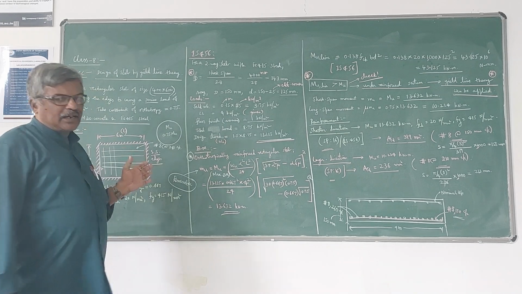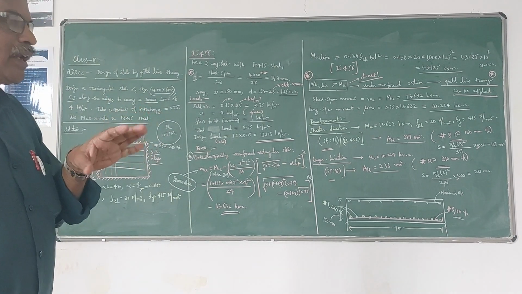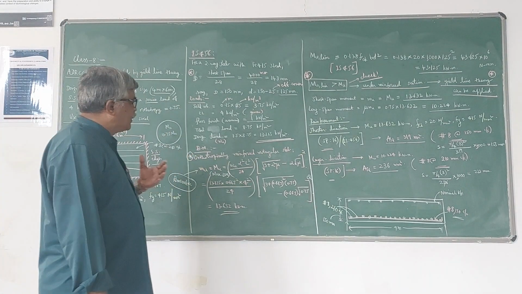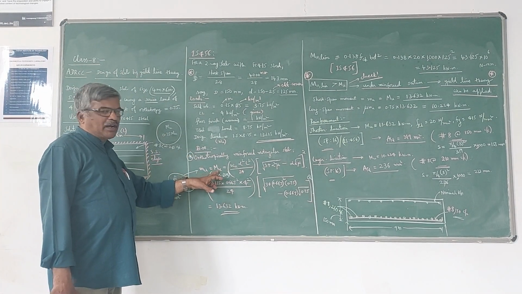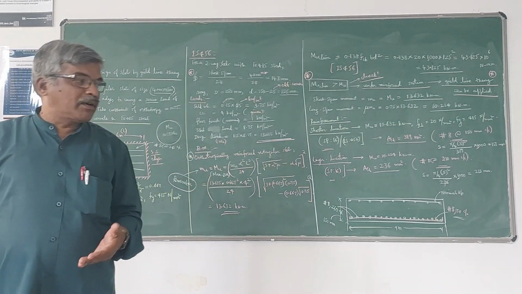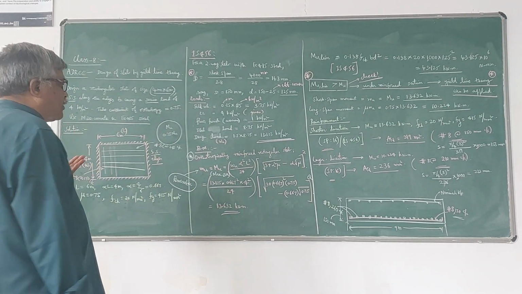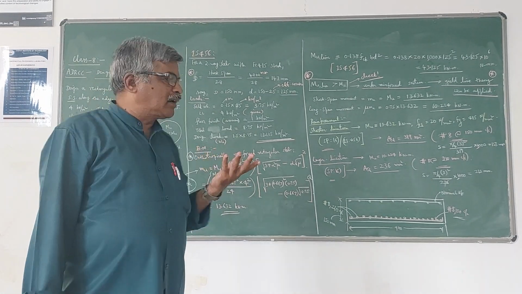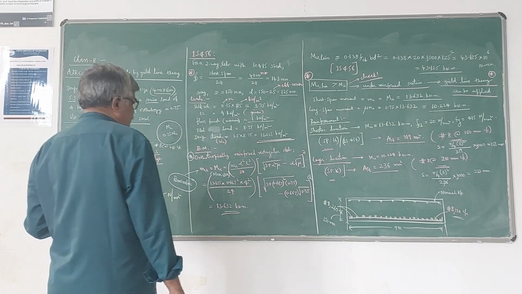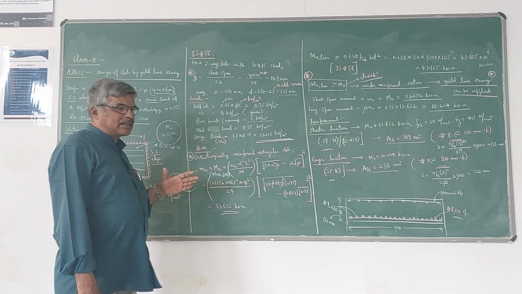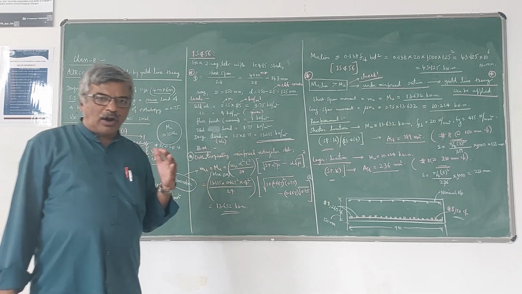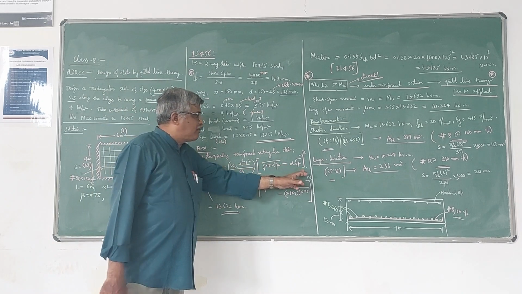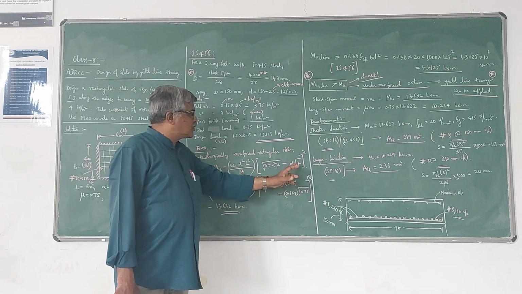So the only difference here is that in your actual limit state method in RCC design of a two-way slab, you are calculating the maximum bending moment by using the wl²/8 formula, for a simply supported slab carrying UDL. Because dead load and live load can be converted to UDL, and wl²/8 is the formula. But here in yield line analysis you are going beyond the elastic state. So then we are going to use this formula for an orthotropically reinforced rectangular slab.